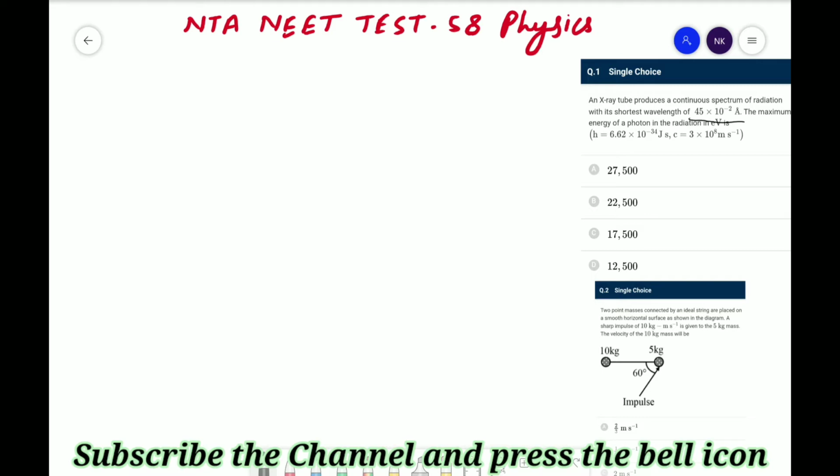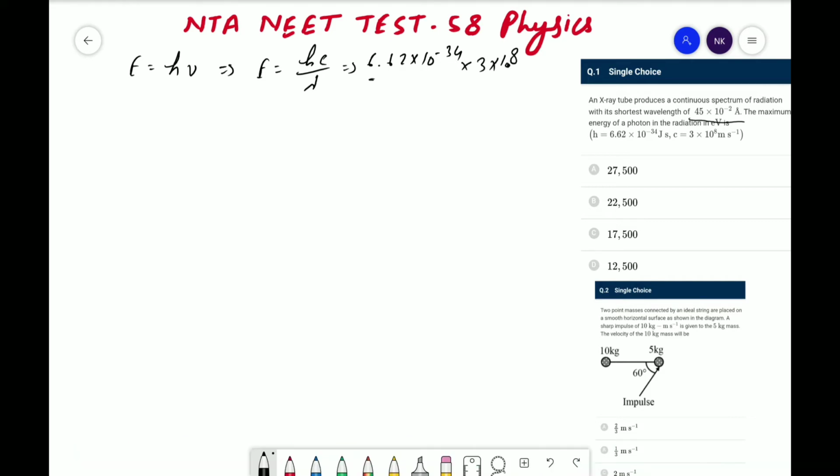Here energy can be defined as E is equal to h nu, where nu is nothing but c by lambda. Therefore energy is equal to hc upon lambda. Everything is given: Planck's constant h is 6.62 into 10 to the power minus 34, speed of light 3 into 10 to the power 8 meter per second, and the value of lambda is given 45 into 10 to the power minus 2 angstrom, so multiplied by 10 to the power minus 10 meter, because 1 angstrom is equal to 10 to the power minus 10 meter. Now multiply all these values, hence E will be equal to